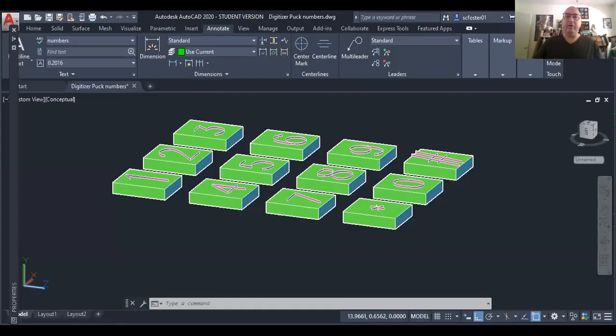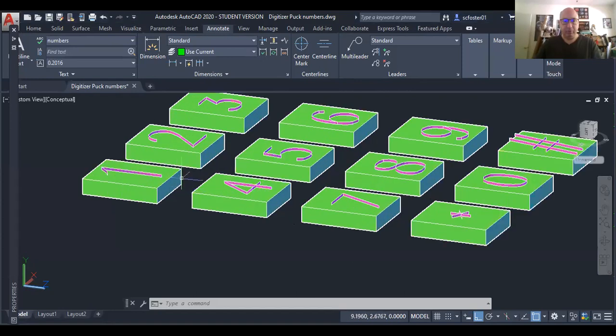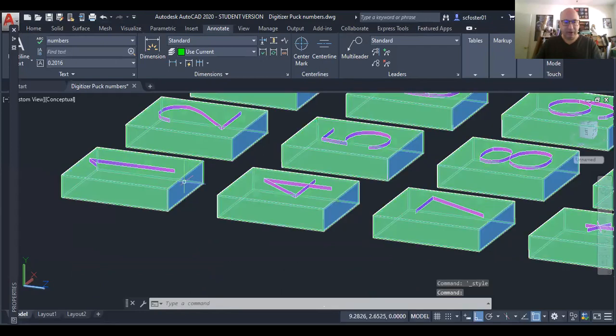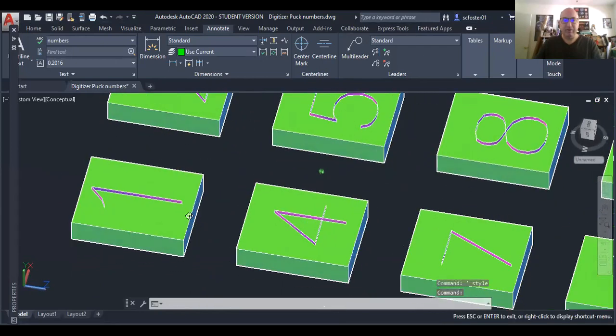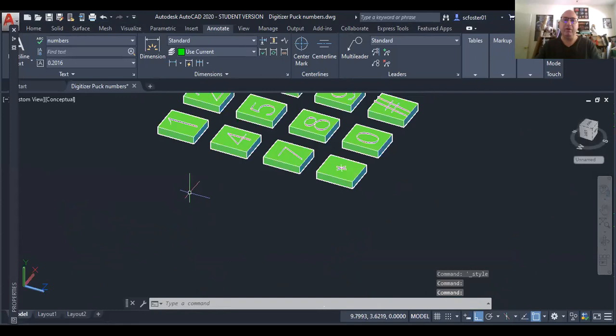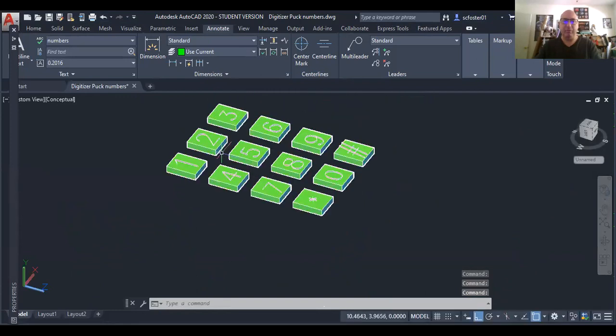We are going to keep looking at the numbers that you add to the buttons in lesson 14, the digitizer book. So we're going to go a little bit fancier now, more creative. So here's our buttons and our numbers. And as I mentioned before, the numbers are kind of dull looking. They're just simple fonts, and there's so many different fonts you can choose from. It seems a waste